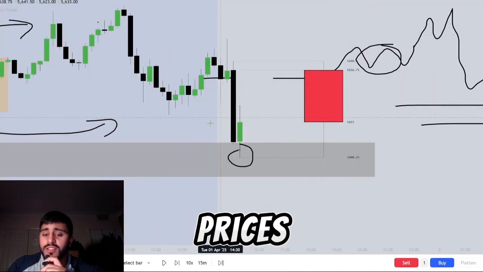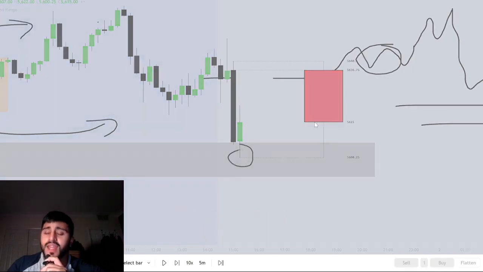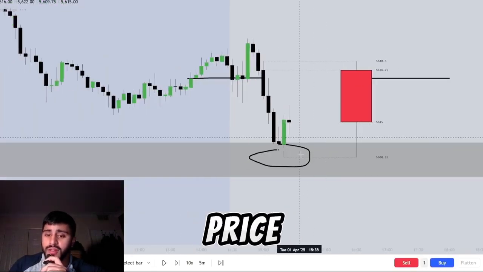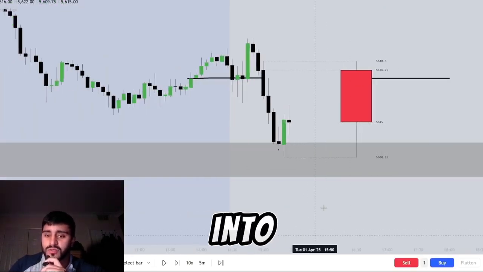And what we can see is price is below the 4-hour 10 a.m. 4-hour opening candle price as well. So now we've tapped into this region, right? So now